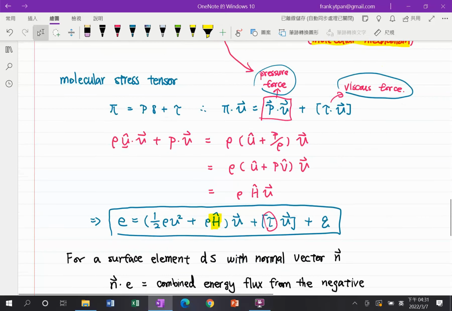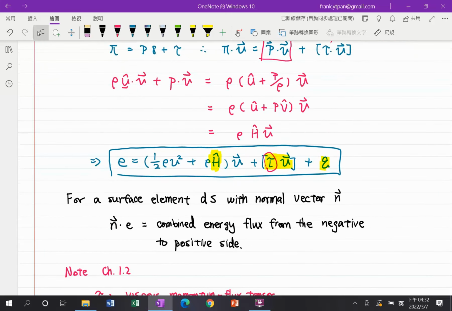So after this derivation, we have the convective transport using the enthalpy instead of the pressure term separated, and the work associated only focusing on the shear work, or the work done by the shear stress tensor, plus the work by conduction, or the heat flux through conduction. Okay, and in the next chapter, we will introduce how we use the combined energy flux vector to perform shell balances of heat transfer problems.